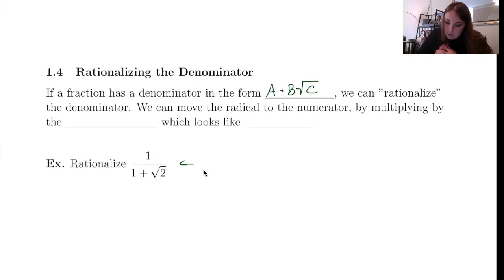So we can move that radical to the numerator by multiplying what is called the conjugate,